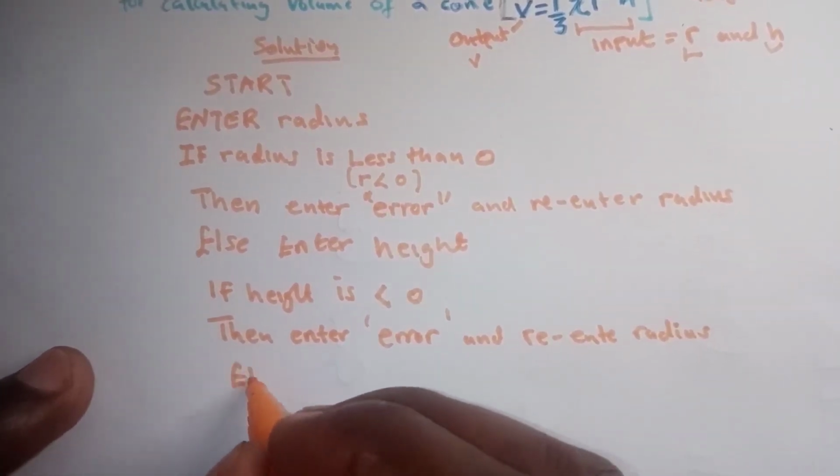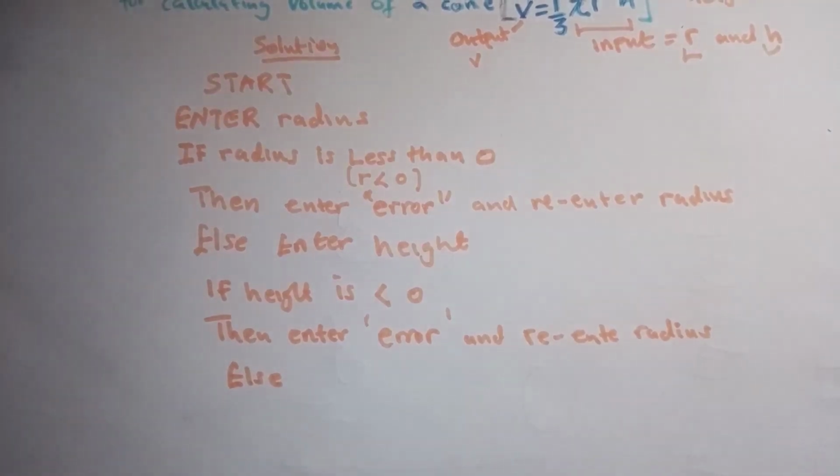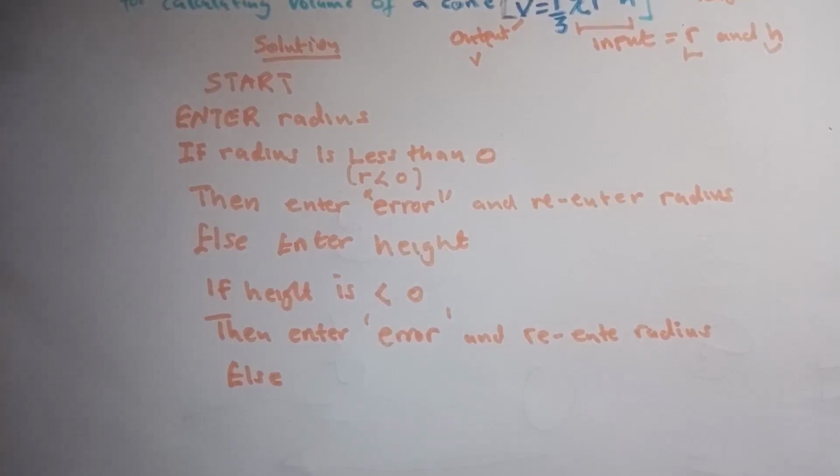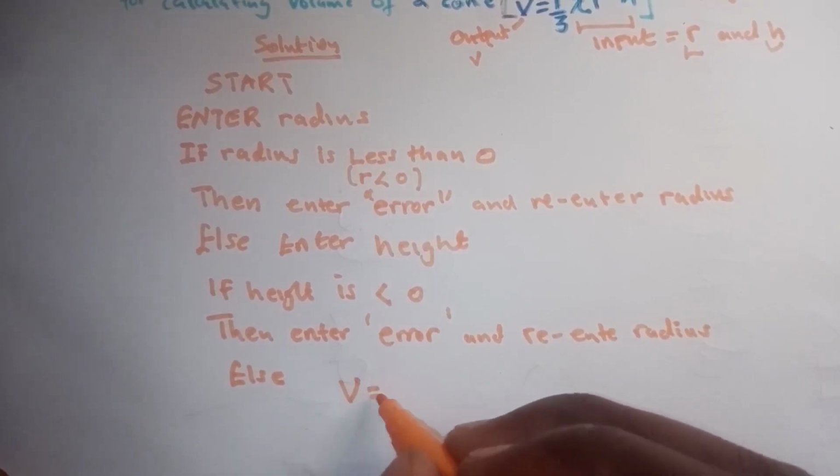Then else, we're just doing the same thing. Now that we have entered both the height and the R, else we're going to command: else volume is equal to